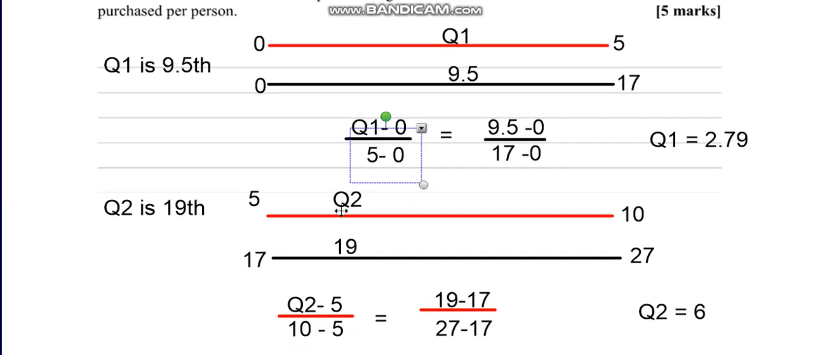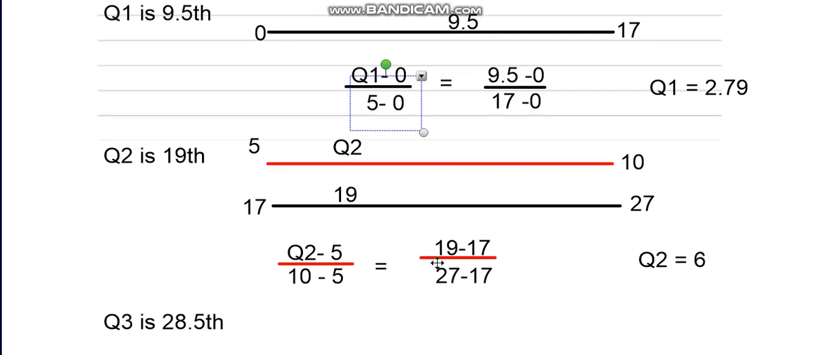I'm looking at this ratio, the fraction of Q2 minus 5 over the whole length, which is 10 minus 5. So Q2 minus 5 over 10 minus 5, and that's equal to 19 minus 17 over 27 minus 17. So again, work these values out, multiply up, and then you would add 5 at the end, and you get that Q2 is exactly 6. Okay, but again, it matches where we think it should be. And then the last one,